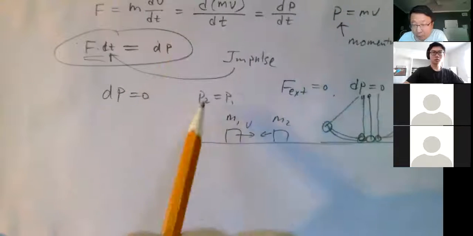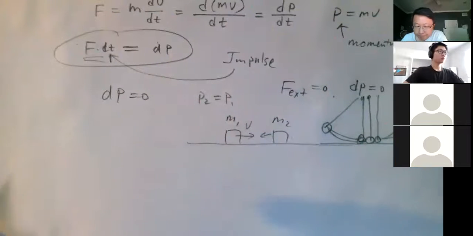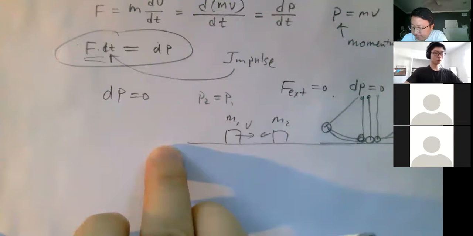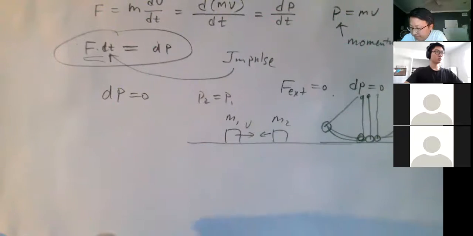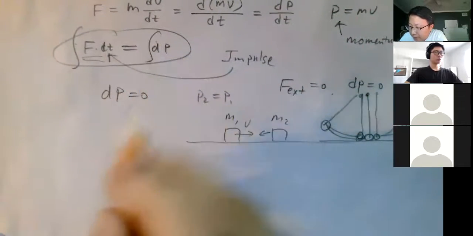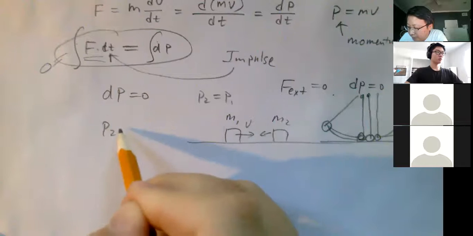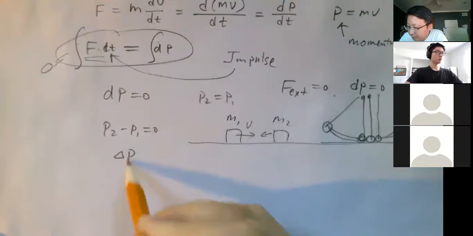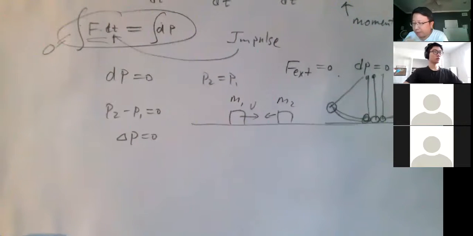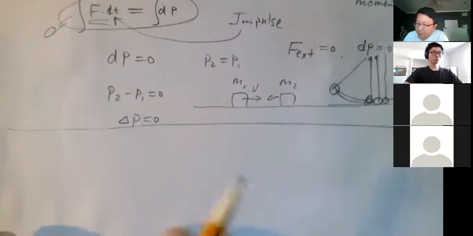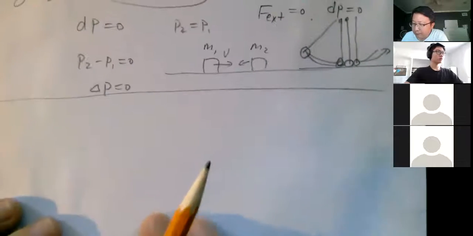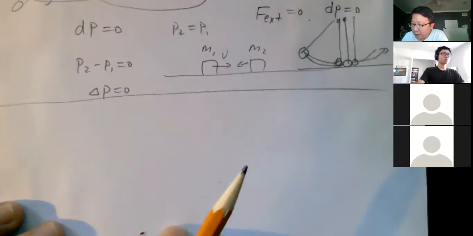so this is all coming from here. Basically this integral becomes, if this is 0, P2 minus P1 equals 0, so the change in P equals 0. So that's my energy momentum conservation. Okay, so then let's go back to here and talk about